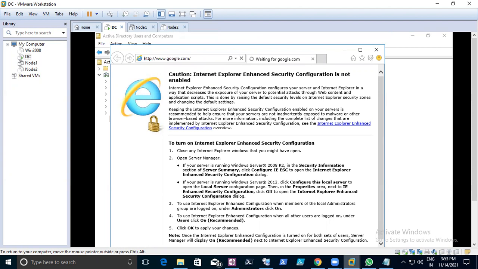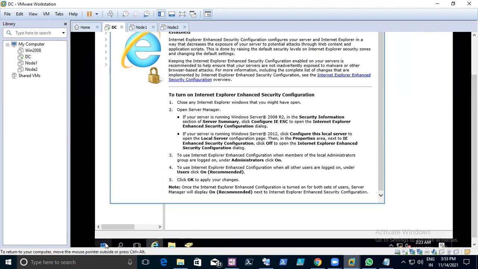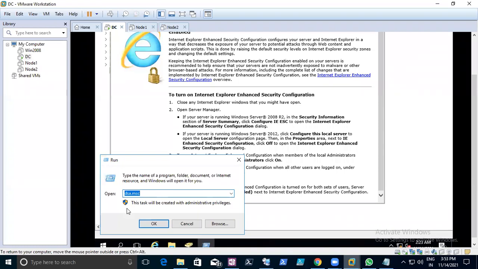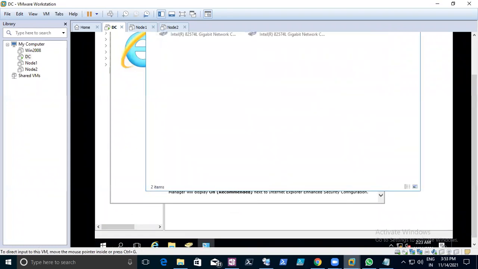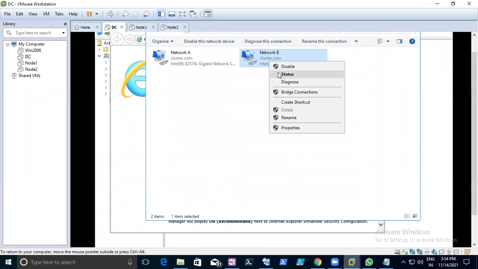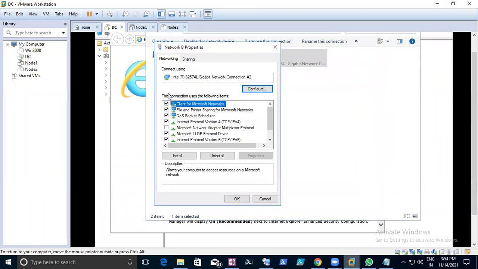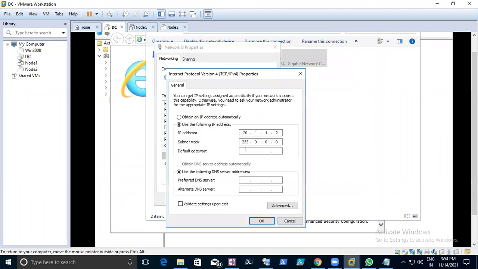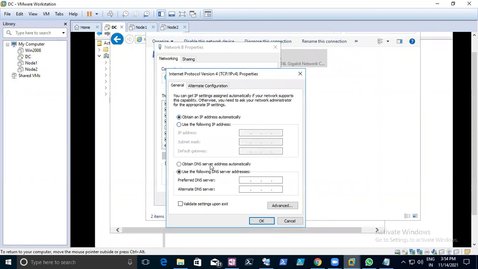Okay, it will not access because you don't have any connectivity. What we need to do is add another NIC. I have already added the NIC. Usually for this kind of lab, the easy method is a Hyper-V machine. Since I have already installed the VM, we can just manage it. We can make this machine as